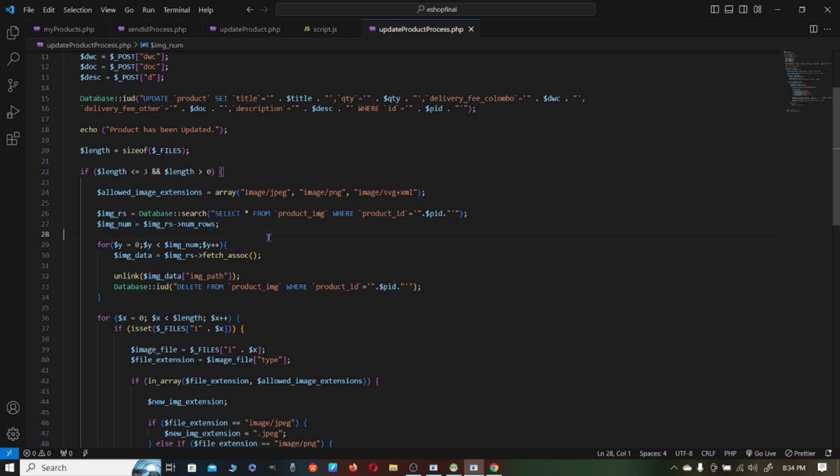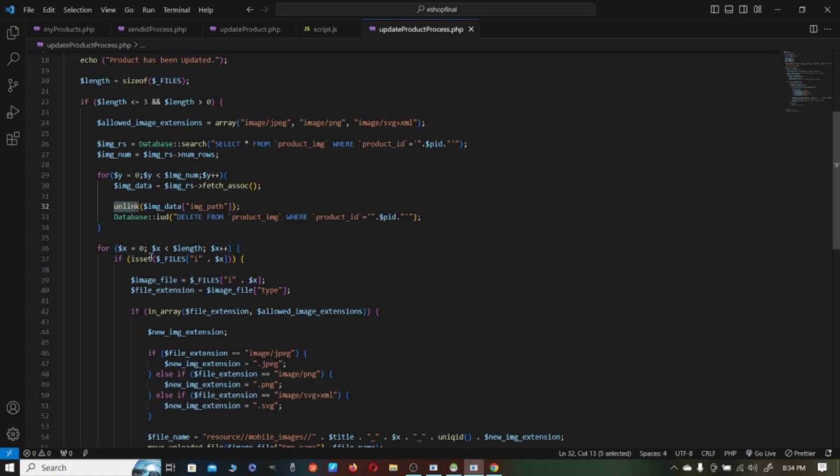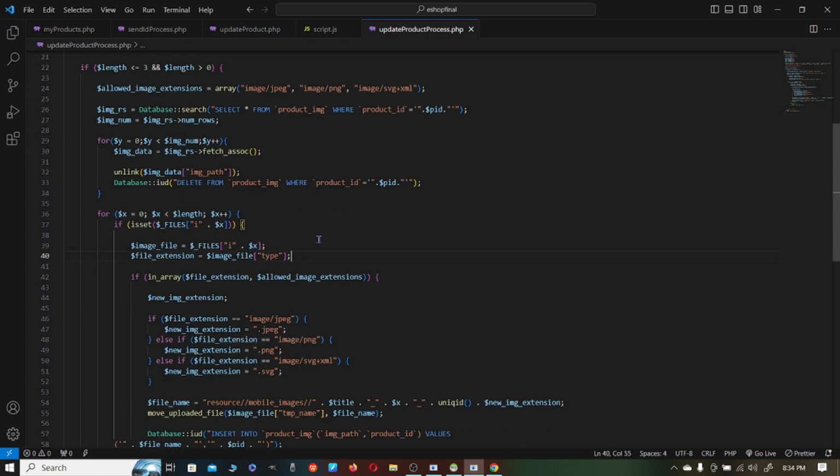It can be 3, or 1 actually. So when we select that specific ID's existing images, we select them one by one and delete them from the project as well as from the database. So this unlink function allows us to delete a file from the project. So yes, and then we have to